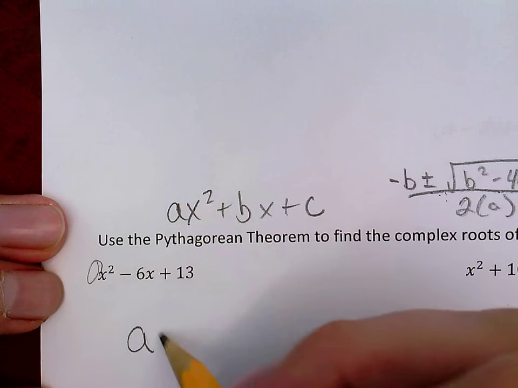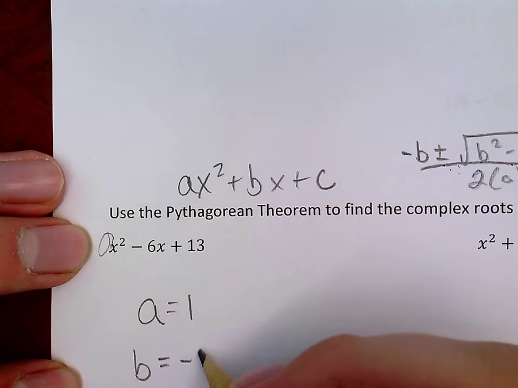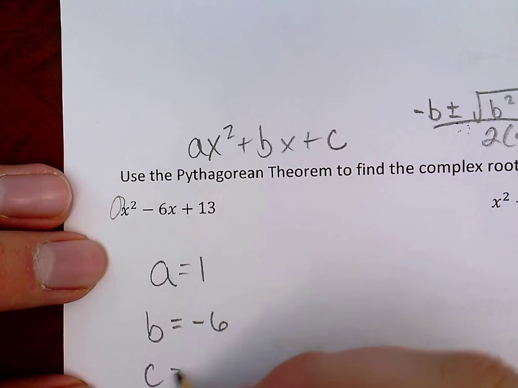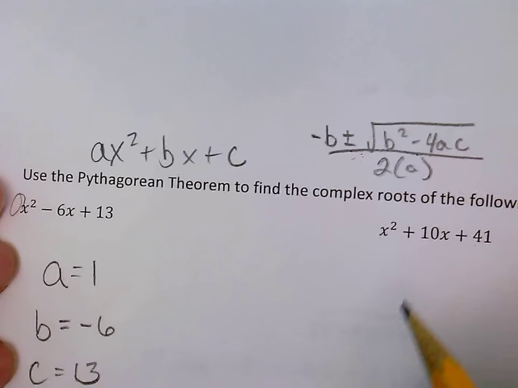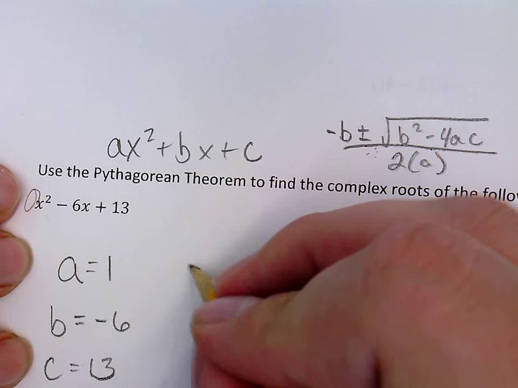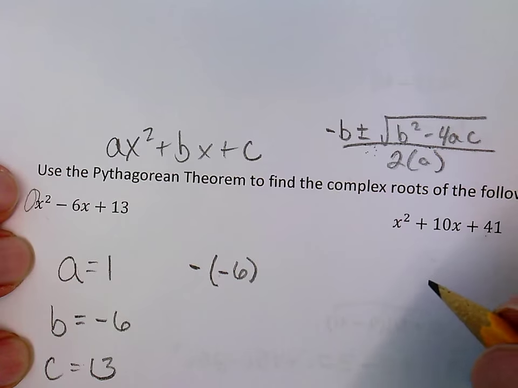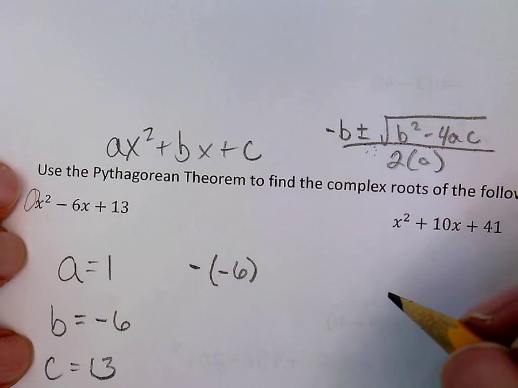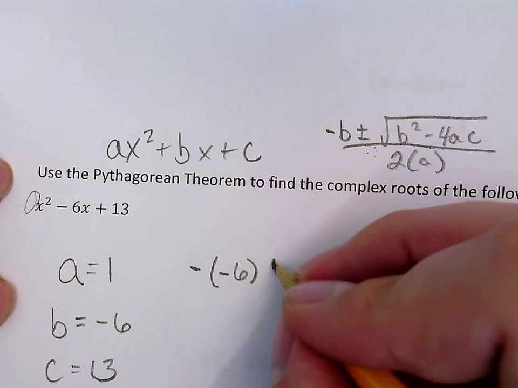If you don't have one there, it becomes 1. My b is in front of the x, so that's negative 6, and my c is 13. So if I plug all these into my formula right here, it starts with a negative sign, and then we put the b. I'm going to make you put everything in parentheses just so you can figure out what's the difference between a symbol that's with the equation and a symbol that's part of the